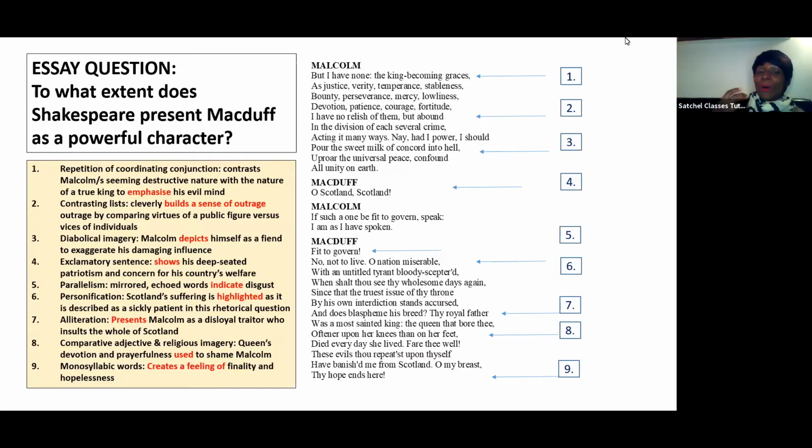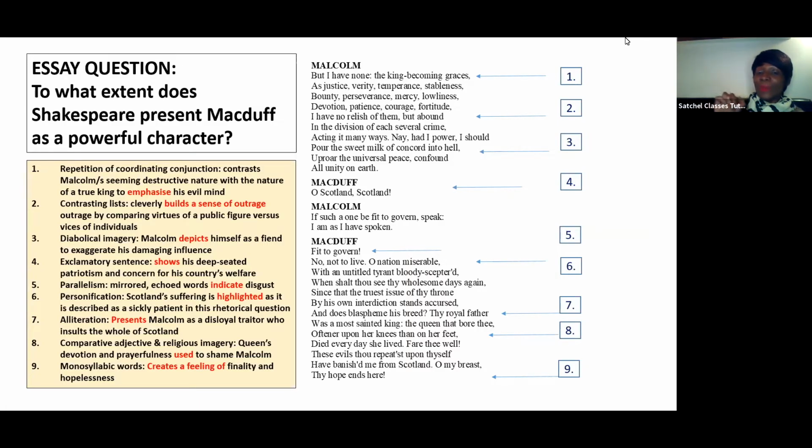She was oftener on her knees than on her feet. So it's showing that she is religious. She was devoted. She was prayerful. And he's using this comparison really to shame Malcolm, to say that your parents, your descendants were godly, they were spiritual. And why have you become so evil? So can you see his power? He's confronting him directly now and really shaming him to change his mind.